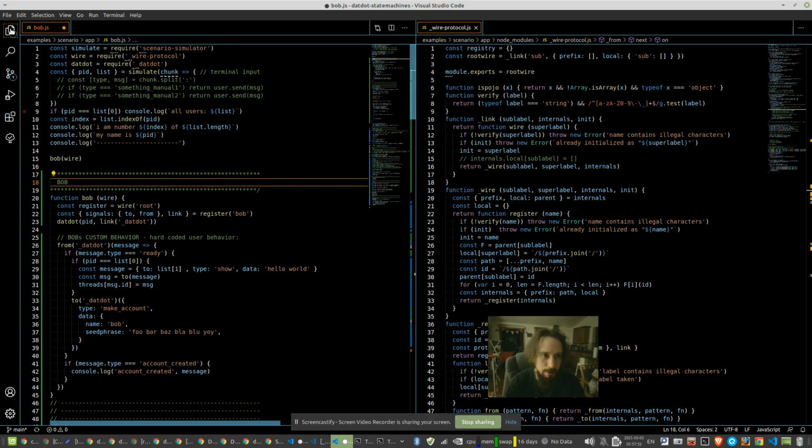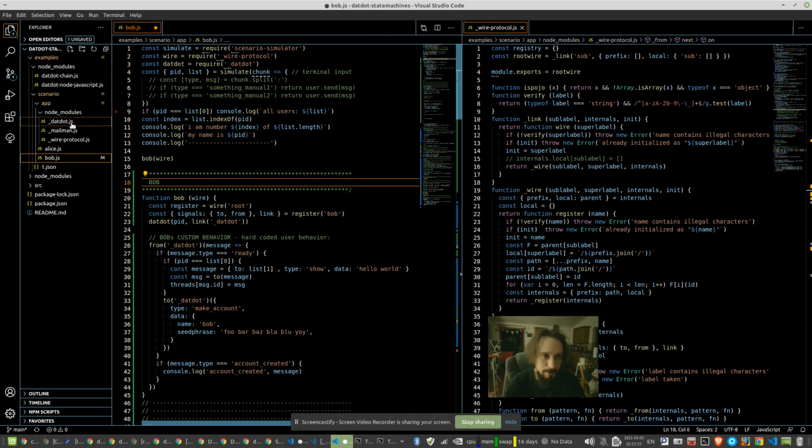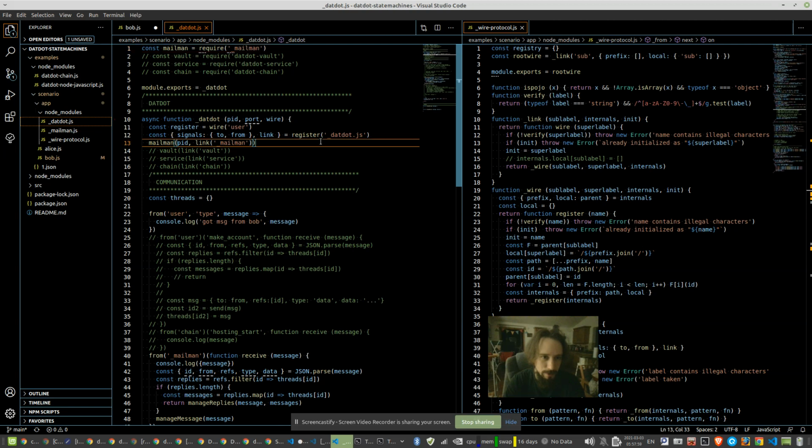I can maybe quickly open the dat-dot module, which is of course all just a demo, where dat-dot receives this wire and does similar to Bob. It gives the wire a label, so that wire goes back to Bob, but from the perspective of dat-dot, Bob is called user, and then it registers itself with the name dat.js, and then it uses link to create further